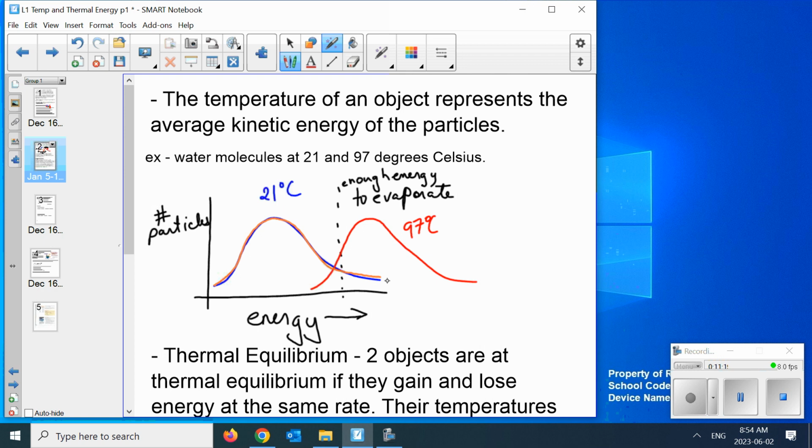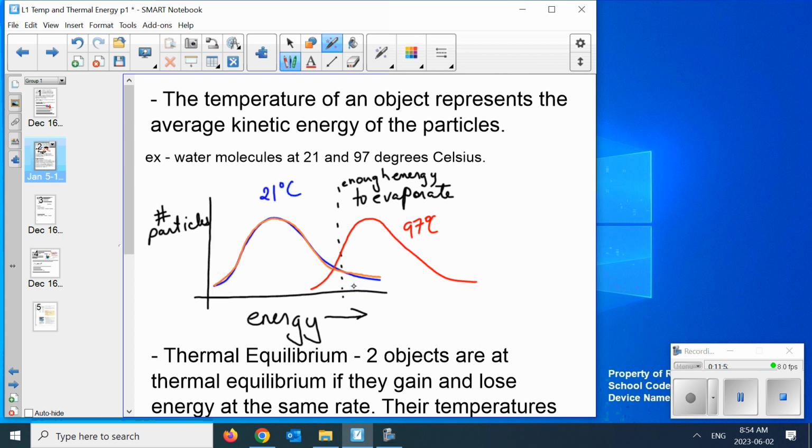But will there be 200 mils when I get back? No. If I leave it long enough, it'll all go. Why? Because at room temperature, there's still molecules that have this amount of energy and will evaporate. And then once that happens, the curve kind of gets lower and lower, and then these ones evaporate. And then the curve gets lower and lower. If you follow what I'm saying, there's always some percentage of molecules that have enough energy, even at 21 degrees,